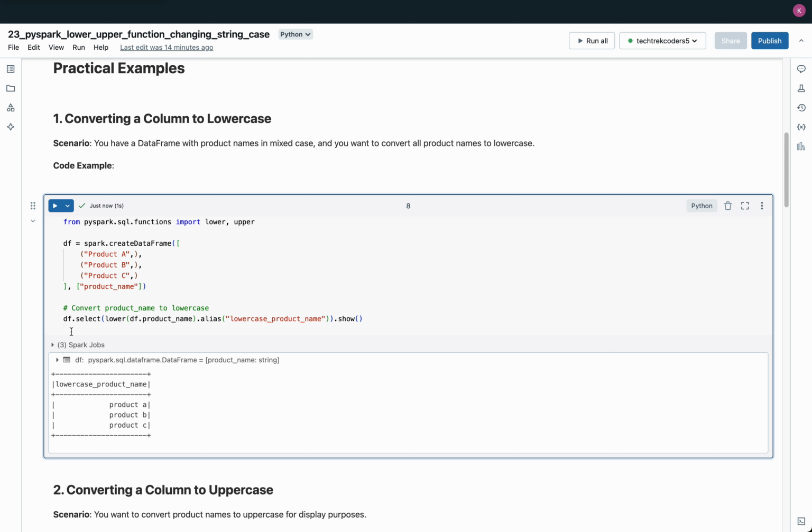To achieve this, we apply the lower function to the product_name column using the select method. The lower function converts each string in the column to lowercase, ensuring that any uppercase letters are transformed. The result is then given a new column name, lowercase_product_name, using the alias function to reflect